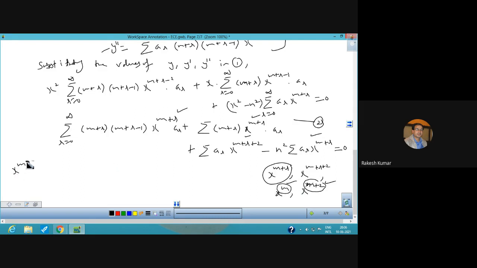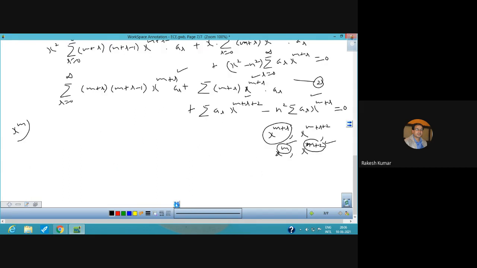Now, it means you can equate the coefficient of least power of x, that is x raised to power m. And the least power of x का coefficient equate करके we can get the initial equation. So when we put r is equal to 0, you will have x raised to power m, and its coefficient is m minus 1, and r is 0, so a naught plus. Similarly, you can have r is equal to 0 here, so x raised to power m, and that is m into a naught from this term.